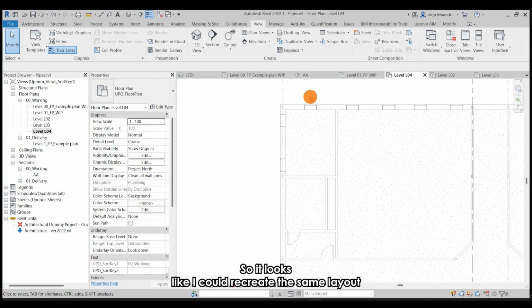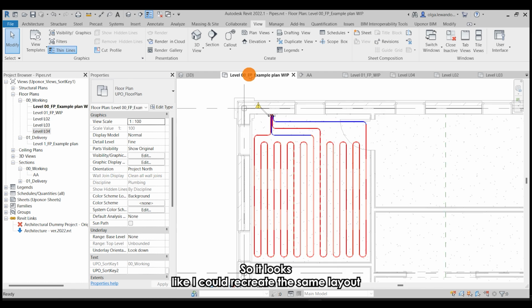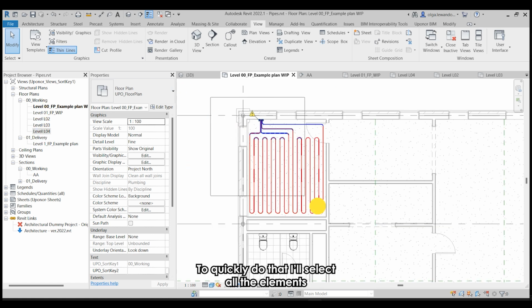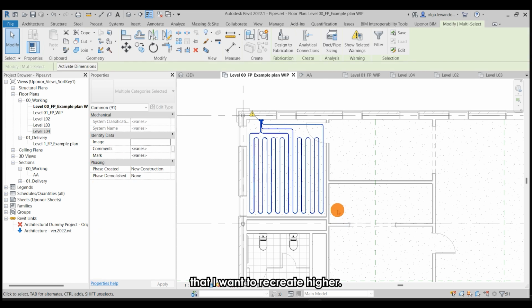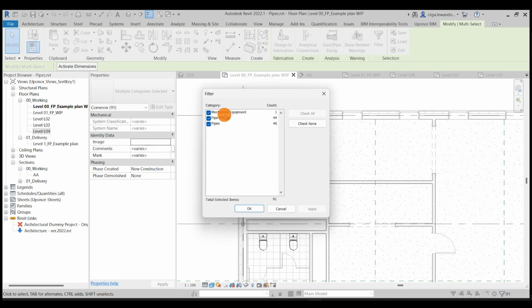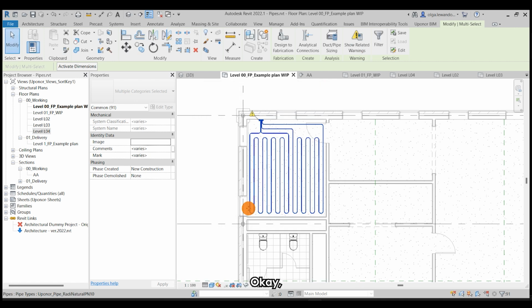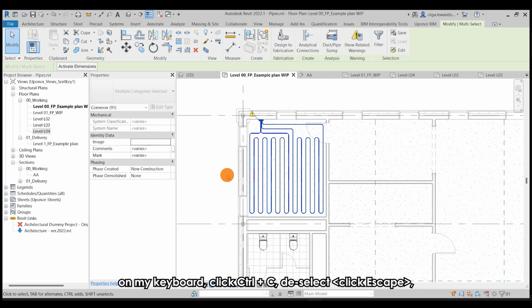So it looks like I could recreate the same layout I created on the ground floor on all the other levels. So 1, 2, 3, 4. To quickly do that, I will select all the elements that I want to recreate higher. Let's make sure pipes, fittings, mechanical equipment. Okay. On my keyboard, click Ctrl C,